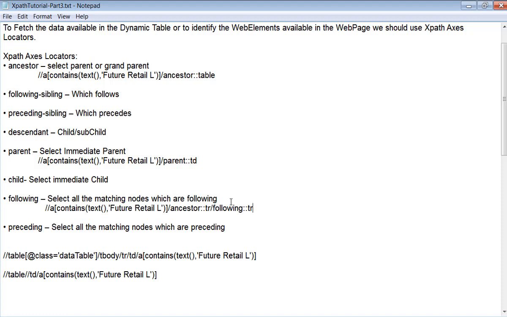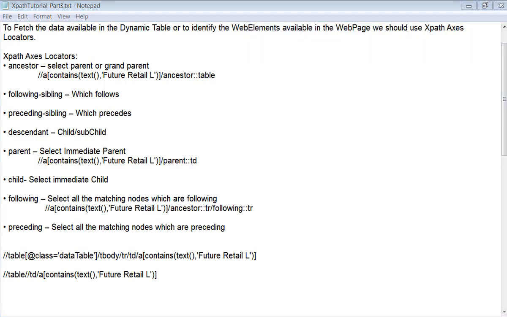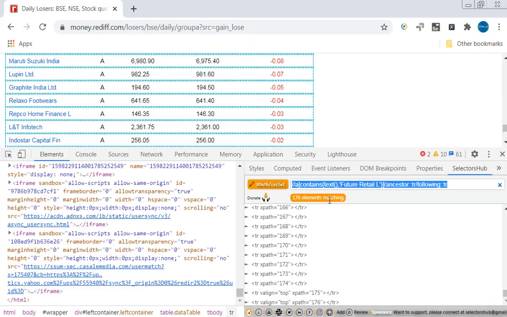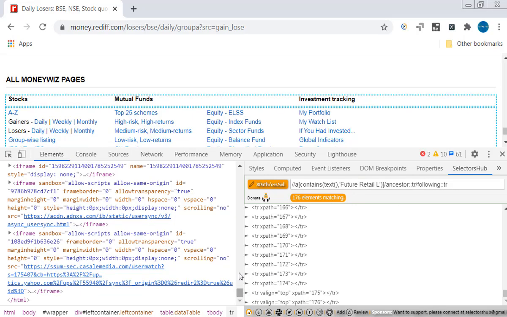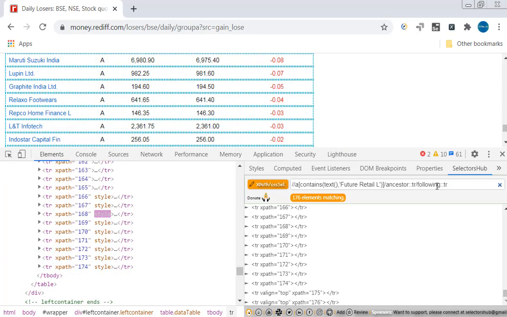Now, can we try to write an XPath to select only within the table? Why is it going outside the table, selecting something which is not in the table also? Yes, we can do that. Instead of following, we have to select 174 only, right?